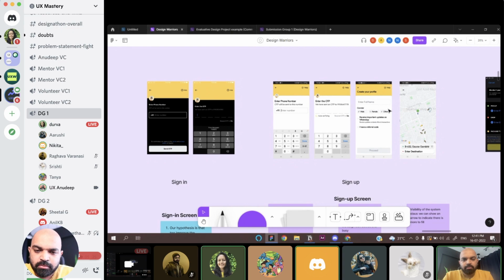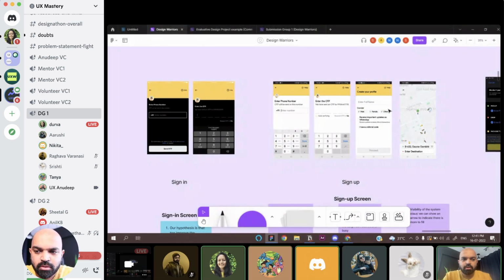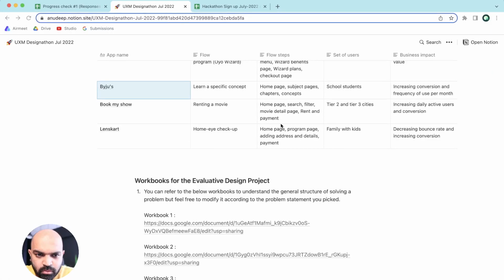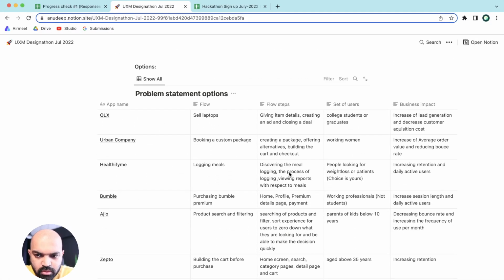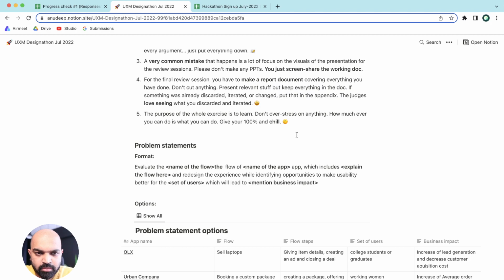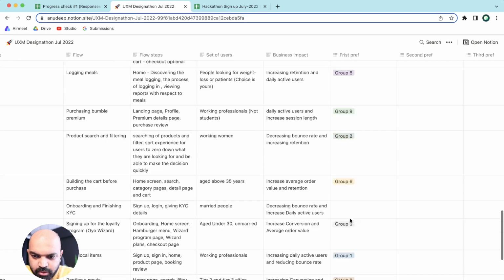Aesthetic and minimal design is also an important heuristic. So you should be getting some insights from aesthetic and minimal design for the sign in and sign up flows as well. By the way, did I ask you, are the sign in and sign up flows part of the scope? No, yes, you didn't. I understand. The things which are not in scope, don't spend too much time, because you'll end up